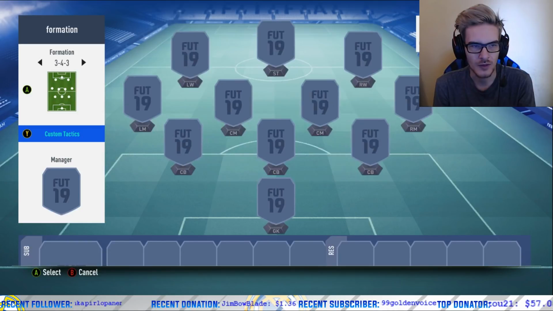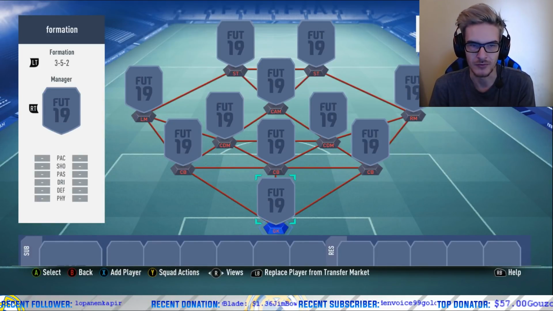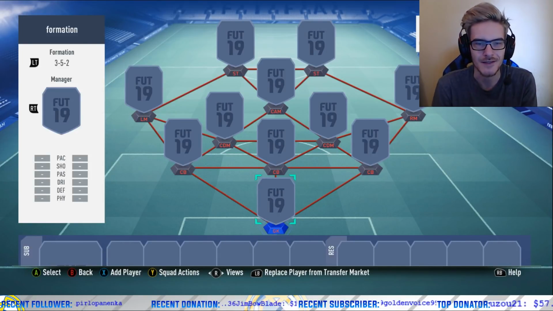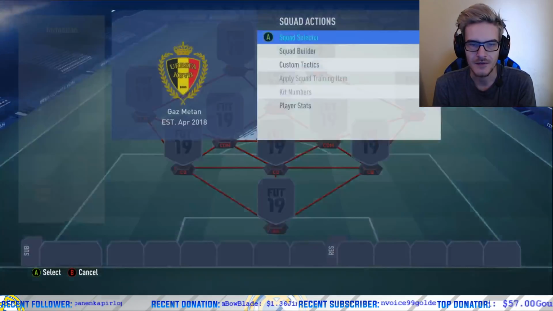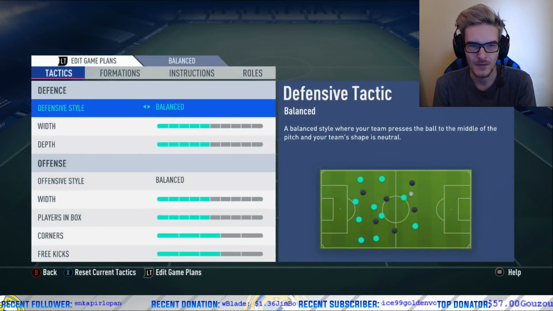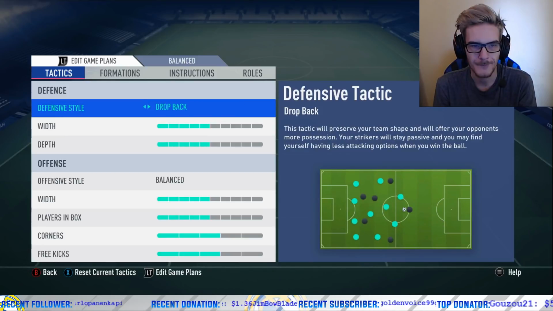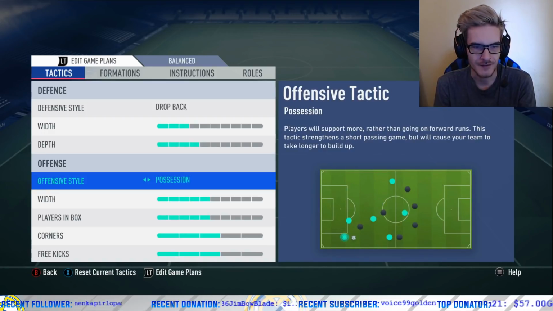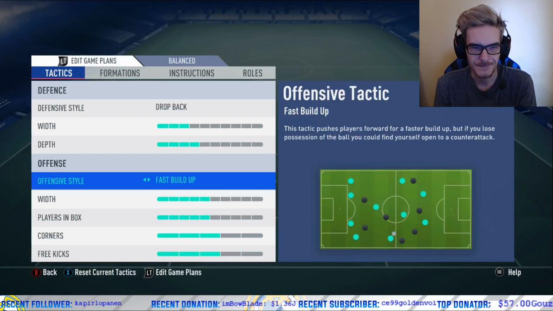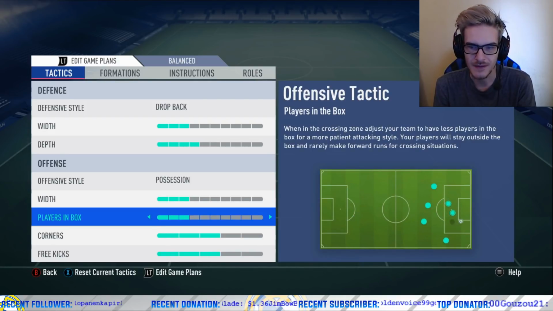Let's start with what I consider to be probably the best defensive formation. And I know you'll be like, what? How could this be defensive? You have only three center backs. It all depends on your custom tactics. So you do have three center backs only, but if you go to custom tactics and you choose drop back, width, and this step, and offensive, I would suggest possession, and again drop the width, players in the box as few as possible,